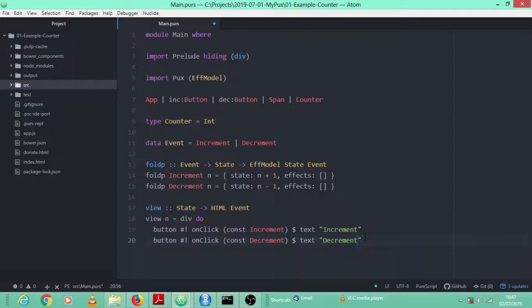Okay, now the final part is here. So sorry, not that, it's here. The span, that's the label or stretch of text that will have the current counter value. Now we want to put this in between our two buttons. So again, we just do span, and then you have to say what the text is. Text,